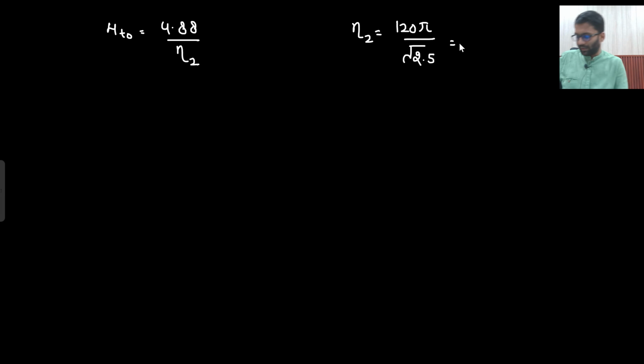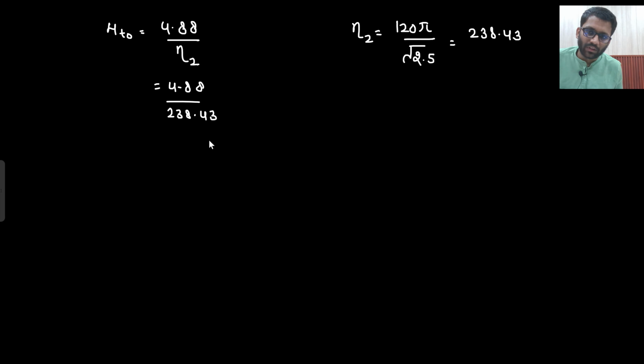So I need to find the reciprocal of the square root of 2.5 into 377. That is coming out to be 238.43. So 4.88 divided by 238.43, that is coming out to be 20.4